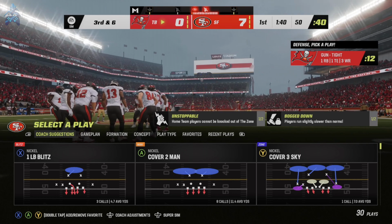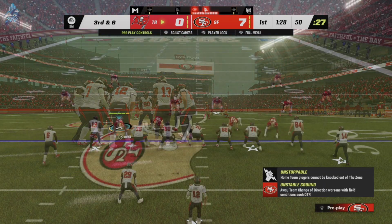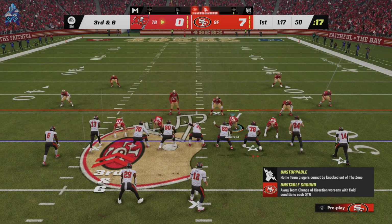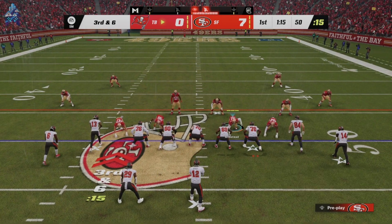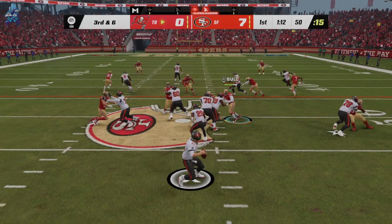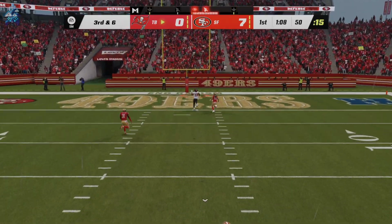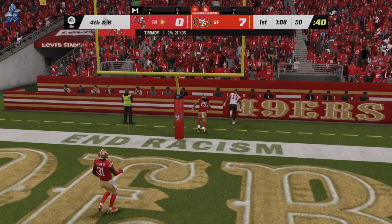Pretty big early test for the defense coming up. What can they dial up here to try and thwart this third down situation? Fakes the give to Fournette. Now Brady. Oh, he's thinking end zone for Evans. And unable to...